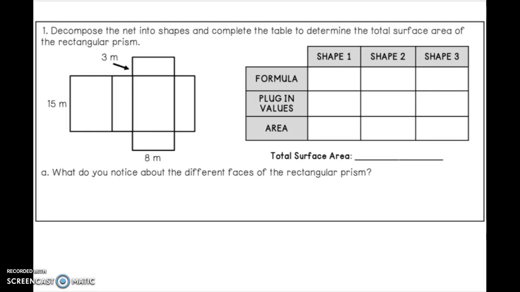Number 1 here. So we're looking at decomposing this net. Decompose means to break it apart and complete the table. So we have 3 different shapes here. So we have, let's call this shape 1. So this one and this one is shape 1. And it's a rectangle, so it's base times height. And we'll call this one shape 2. This is also a rectangle, base times height. And we'll call this one 3. And this is also a rectangle, base times height. They just have different